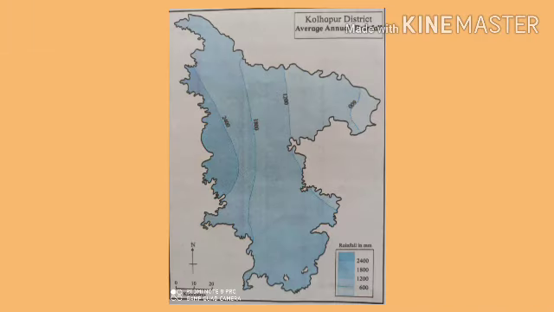Now friends, let's see another example of isopleth map. This is the map of Kolhapur district in which average annual rainfall is shown. We can see in the map the rainfall is more than 2400 millimeter in the western part of the district, whereas in the eastward direction the rainfall is decreasing. In this map, the low rainfall category is 600 millimeter and the high rainfall category is 2400 millimeter. To prepare this map, the isopleth method is used.